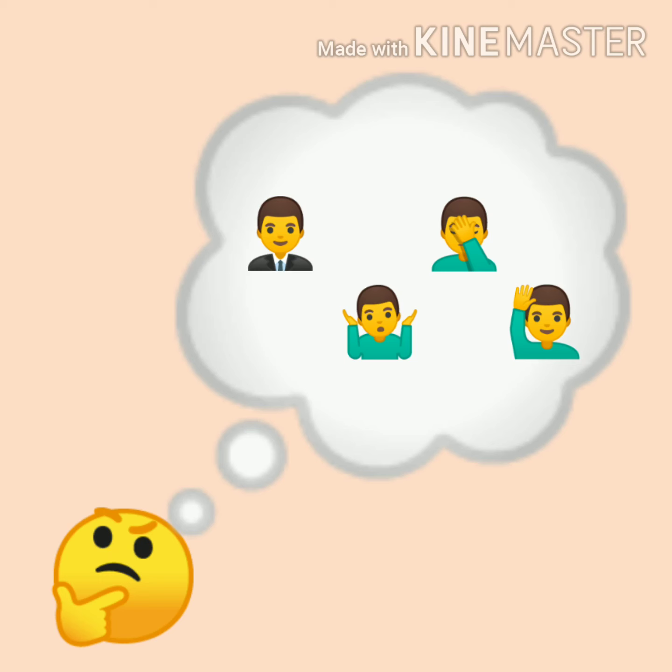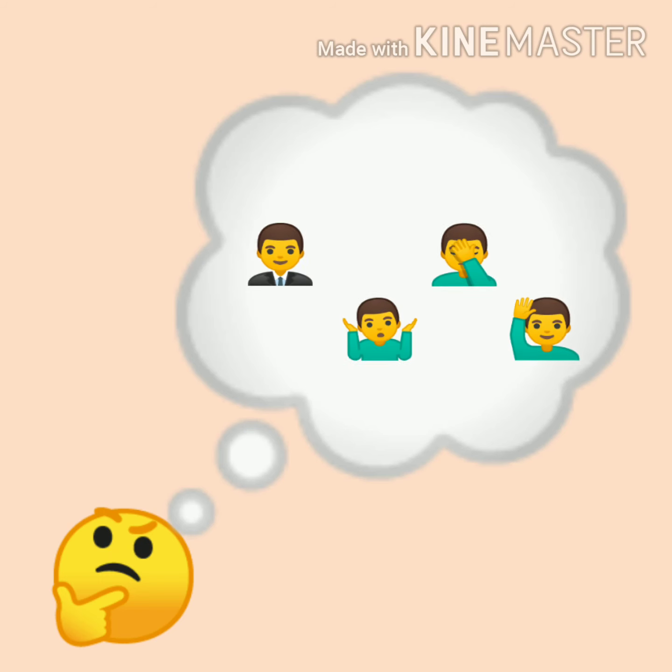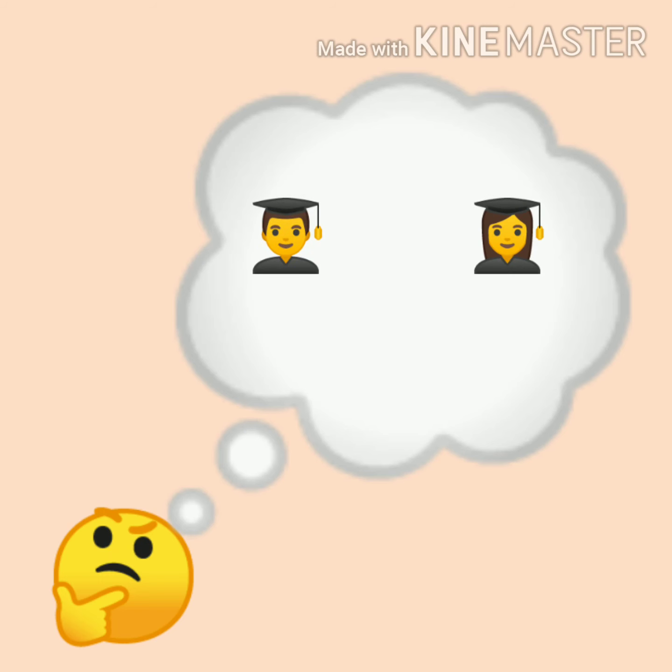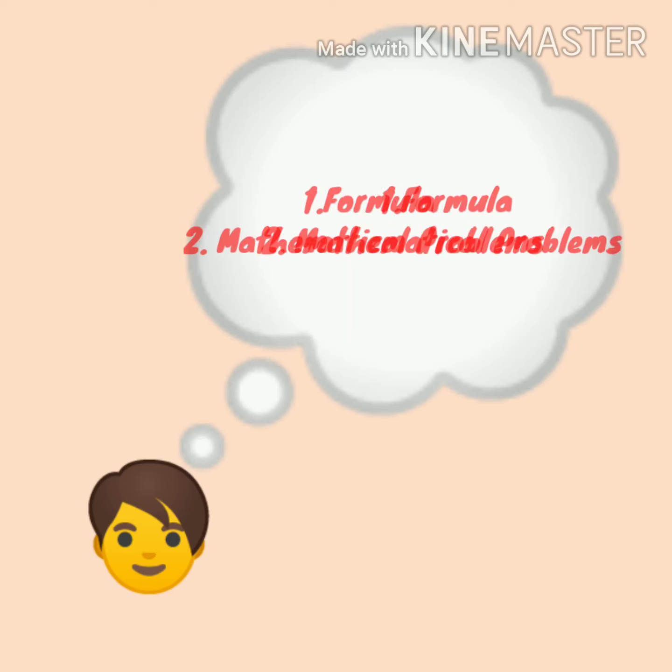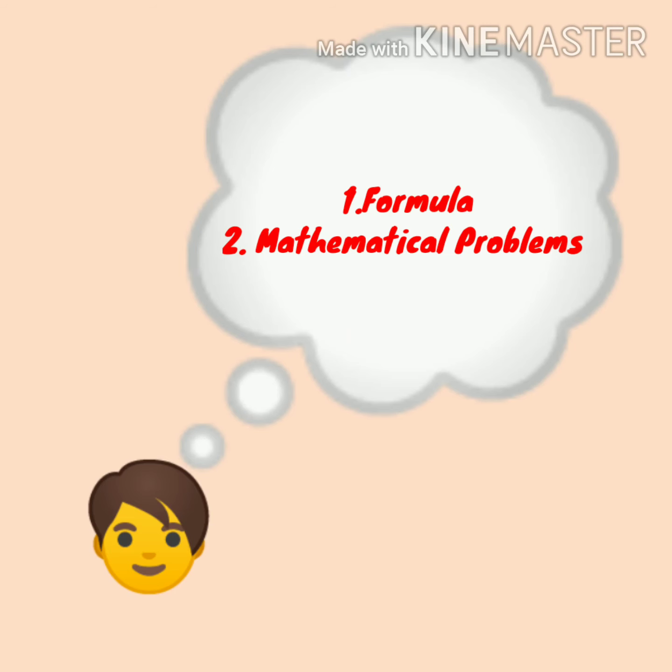Rank correlation can also be applied to find the level of agreement or disagreement between two judges so far as assessing a qualitative characteristic is concerned. So in this video I will define the formula of the rank correlation coefficient and I will solve some mathematical problems so that you can understand the application of this formula.